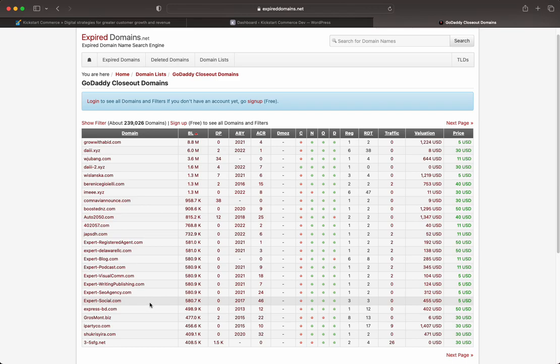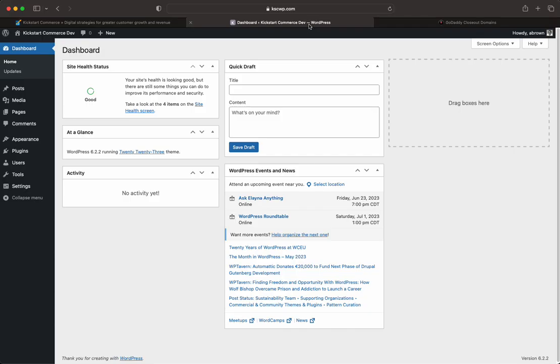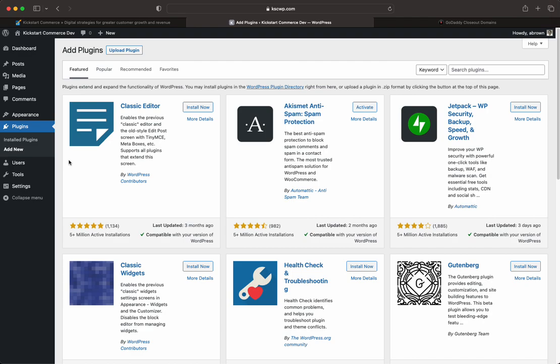And let's say expert-social.com is still showing up in search results for Google. Well, you didn't actually own that site, but you just purchased it because someone let it expire. At that point, what you could do is set up this domain on a WordPress website. And then once you do that, if you wanted to track how much traffic is coming from Google due to still having indexed pages, you could go into the plugins area,